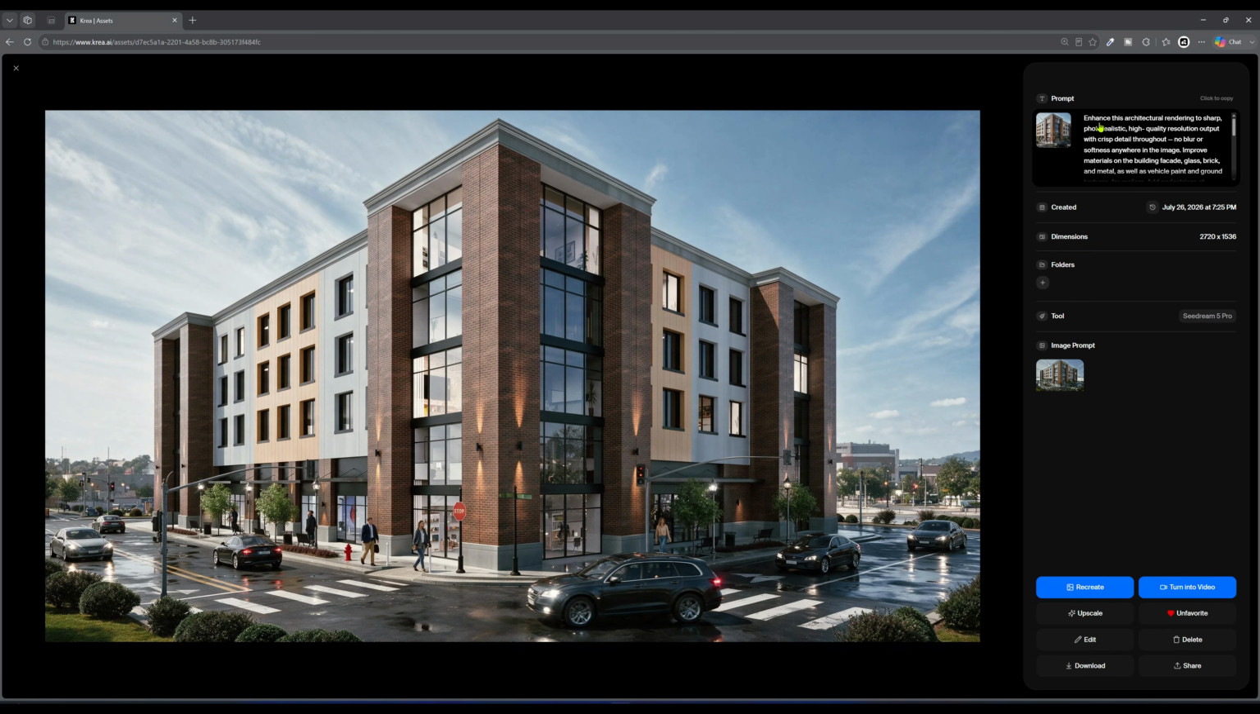So the prompt that I used was: enhance this architectural rendering to sharp, photorealistic, high quality resolution output with crisp detail throughout, no blur or softness anywhere in the image, improve materials on the building facade, glass, brick, and metal, as well as vehicle paint and ground textures for realism, add pedestrians at accurate human scale, approximately 5.5 to 6 feet, relative to the building's ground floor, windows and doors, walking naturally on the sidewalk, add parked and passing cars at accurate real-world scale relative to the building and pedestrians, matching standard sedan SUV proportions, add a realistic background environment,